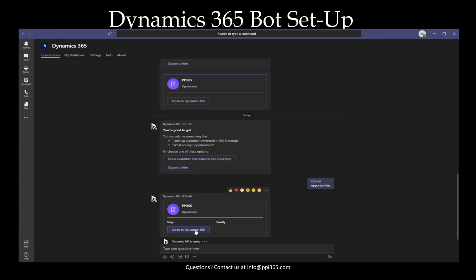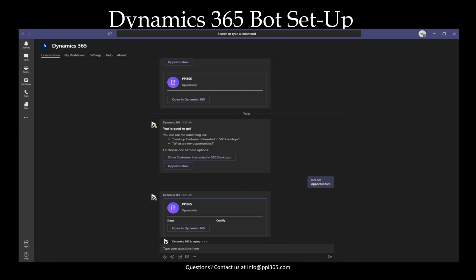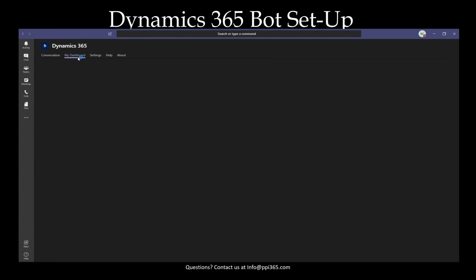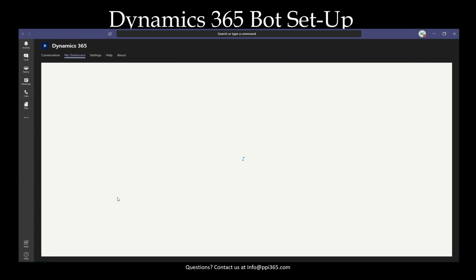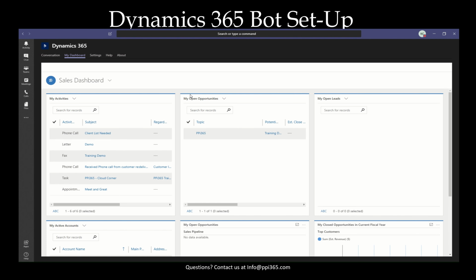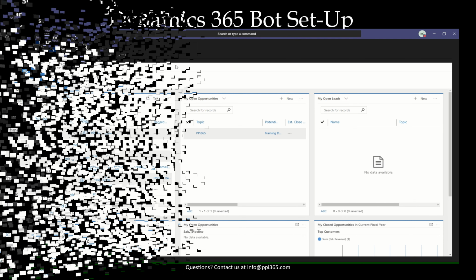Then you can open it in Dynamics 365 on your web browser, or you can also see the information within the application itself. So if you select My Dashboard, this will bring you to your actual dashboard inside of your Microsoft Dynamics application for the environment that you